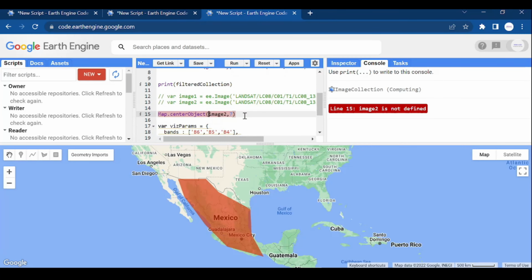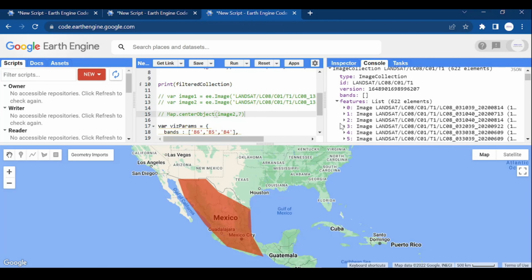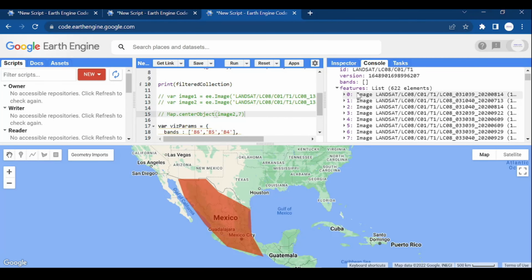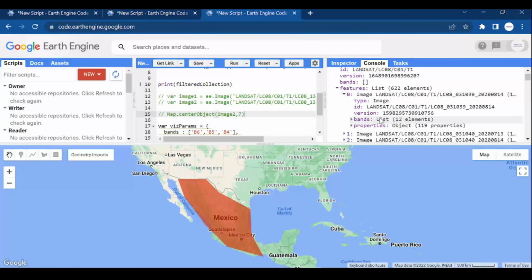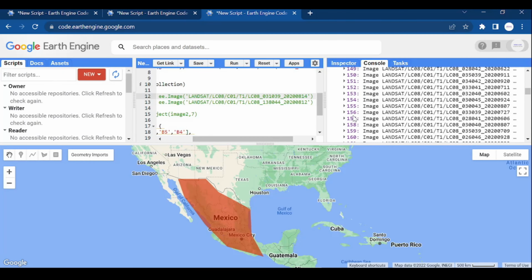Image to, oh I'm sorry, this also we comment out. Yeah, so you can see this is a very large collection, 622. So I just need the first and last image, which contain the least and maximum cloud cover. So this is the ID. Control C and Control V, and if I go to the last element,